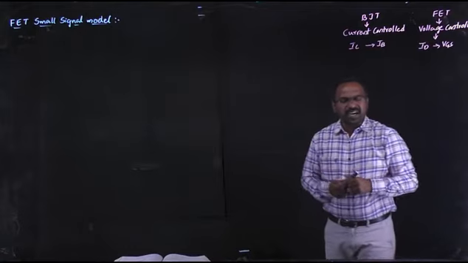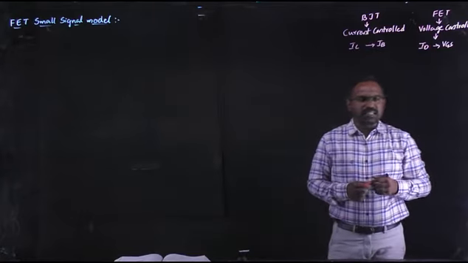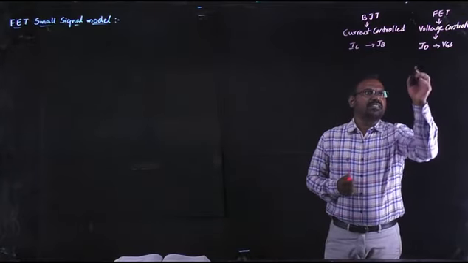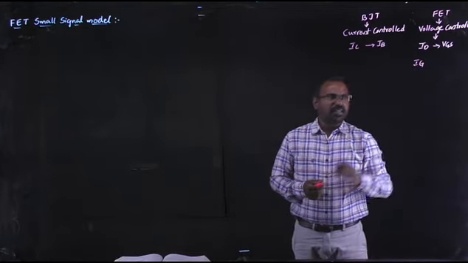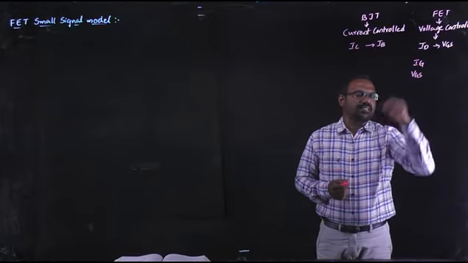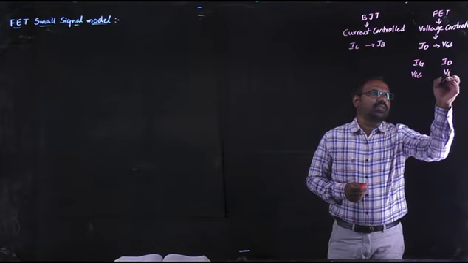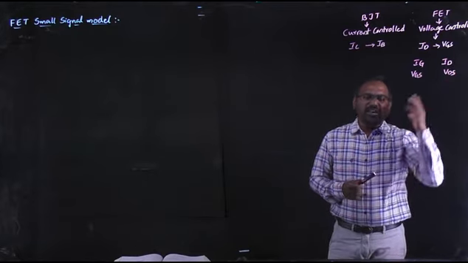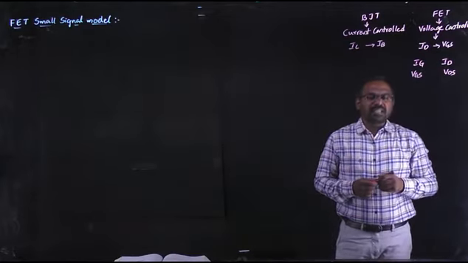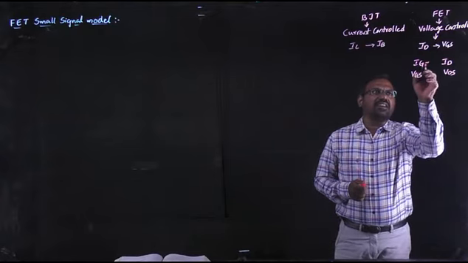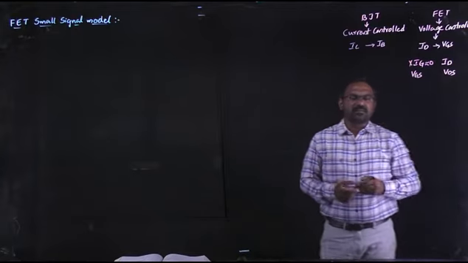Generally, we will use the common source configuration mostly. In the common source configuration, the input terminal is the gate, and the input voltage is VGS. Similarly, the output current is ID and the output voltage is VDS. These we have already seen while studying the characteristics of a field effect transistor. But generally, the gate current IG is always 0 for the field effect transistor. We don't have this IG.